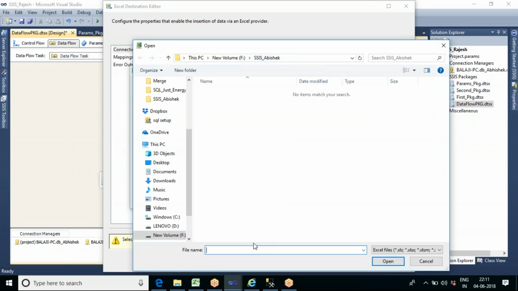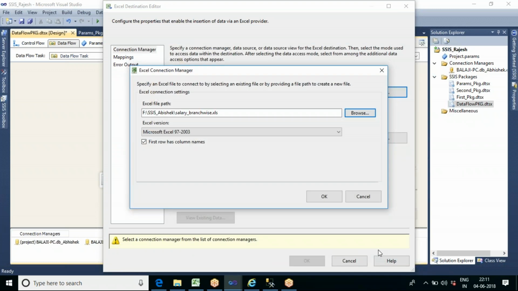So under the same SSIS Abhishek folder, let us say I want to create salary branch wise. Now if you don't give an extension, it will take the first one, which is XLS, so it will create an XLS file for us. Do you want the column names in the first row?